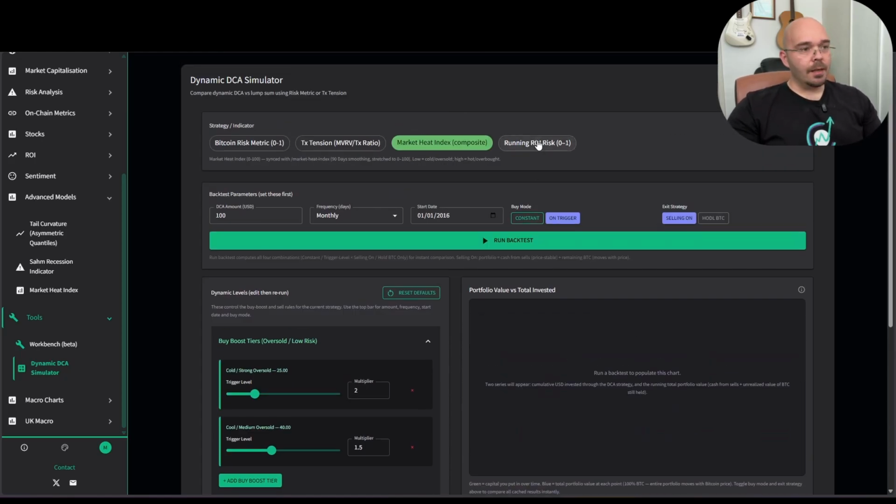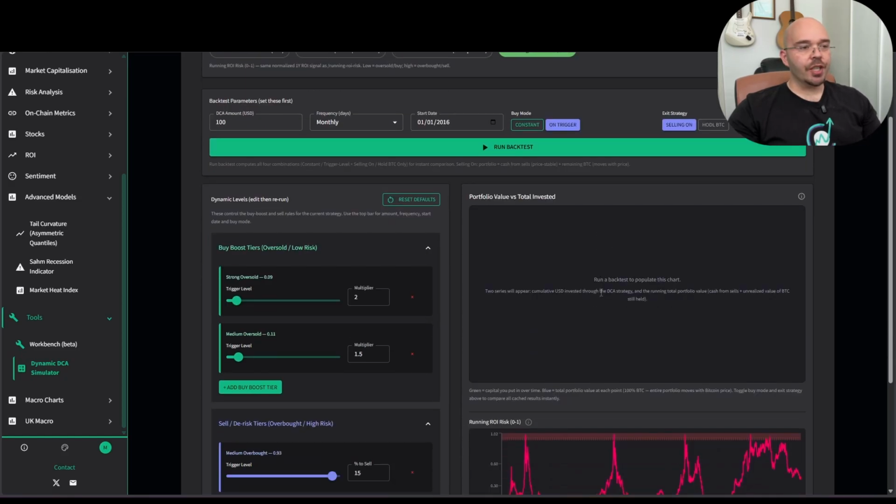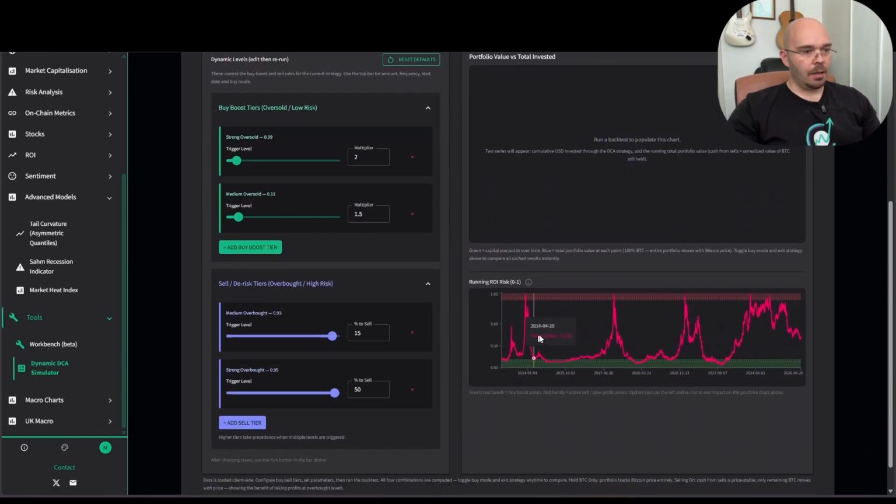And finally, the running ROI risk. Running ROI risk, easy for me to say, which looks kind of extreme, at least for the first 3. You can see the major difference in the last bull market that we had, where the ROI, the return on investment of Bitcoin, never really had a parabolic rise. It was just a sort of grind upwards into a disappointing climax, like my love life. And then,